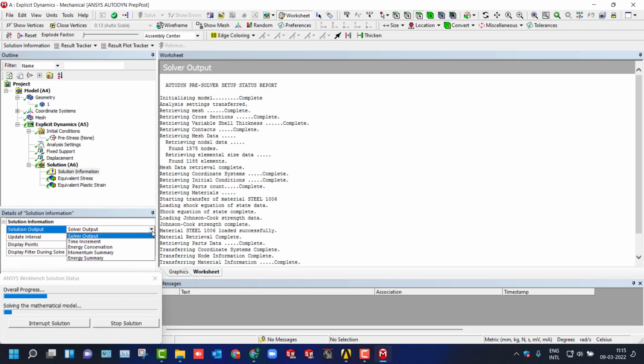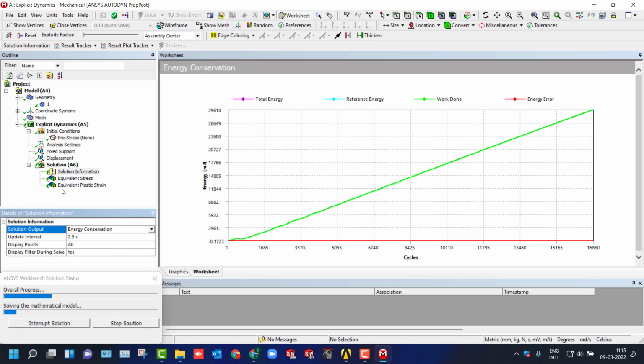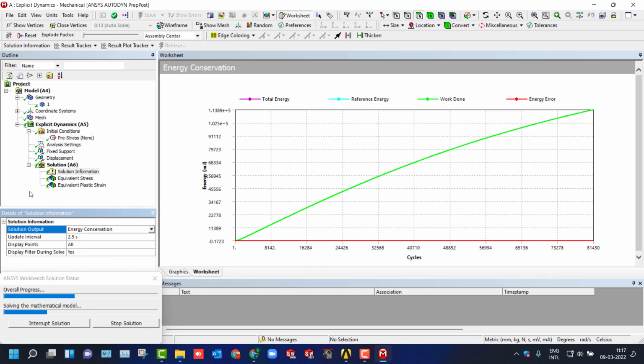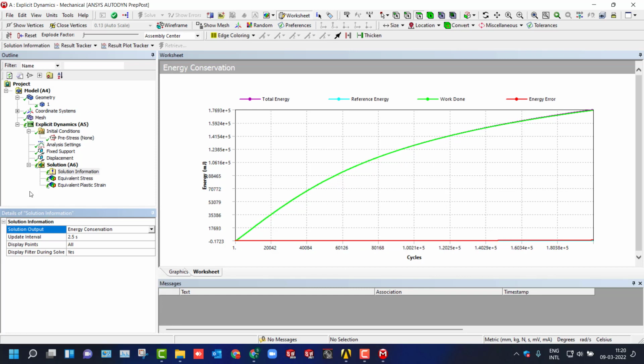From the solution output, you can activate the energy conservation plot, so that you can have a look at how exactly the analysis is going on with respect to the number of cycles versus strain energy. As you could see the curve formation. Comparatively, it might take 5 to 10 minutes to get the results, remember that.